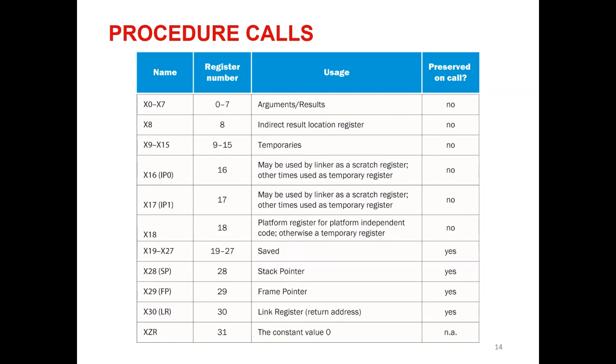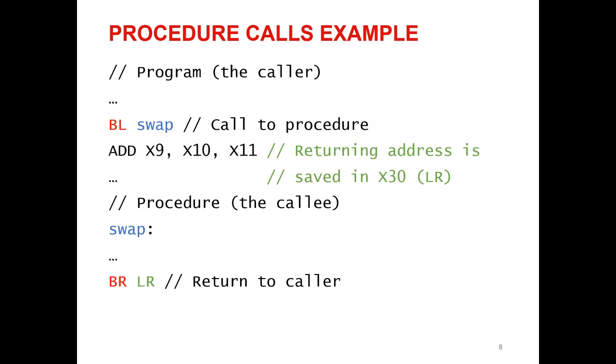Okay, some people are getting confused. So here, I'm not saying that this instruction at 9, 10, 11 is doing what is in green. I assume that at this point you know that this add is doing register 9 is equal to register 10 plus register 11. What I'm saying here is that when I call this instruction, apart from jumping to this procedure,